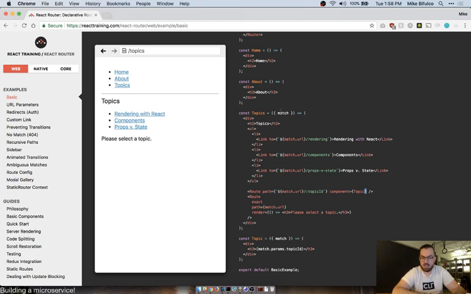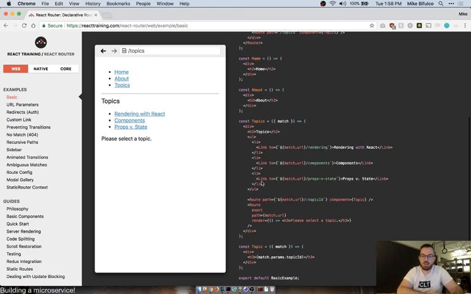Some of the subtleties here and some of the shortcuts that they're using is that this is a shortcut syntax to say that match is being passed in as a prop to the component. Match describes the part of the URL that matches the descriptive path that the route has here. That might not be the best way of explaining everything, but